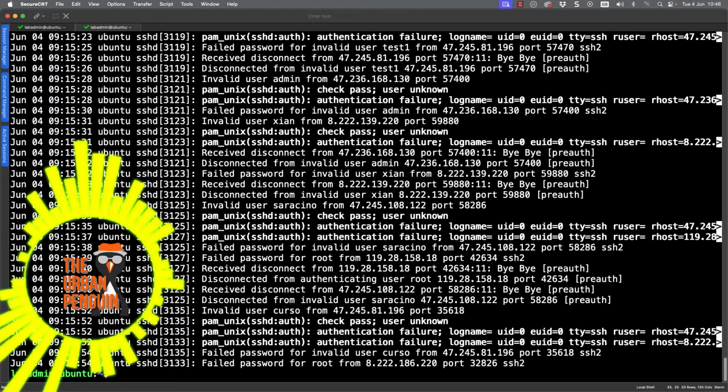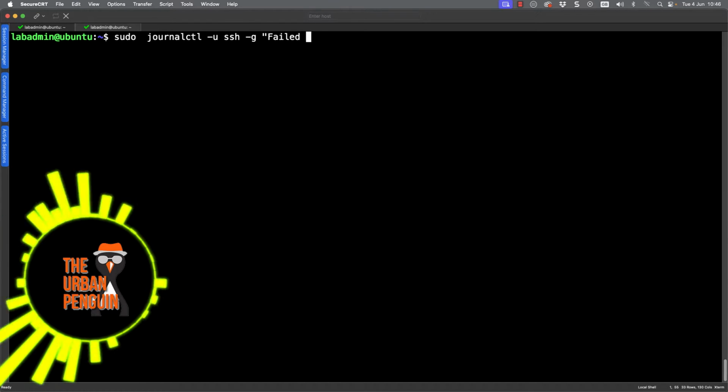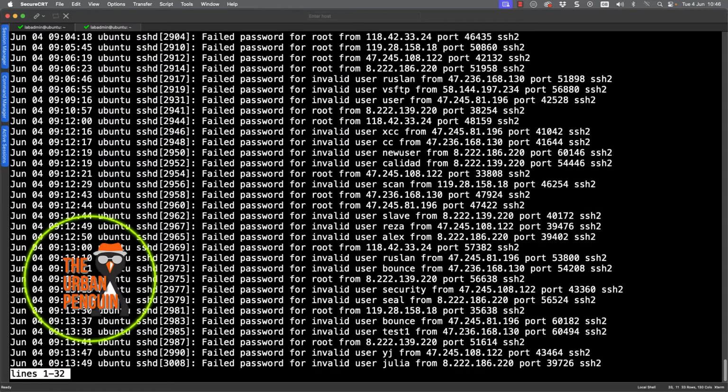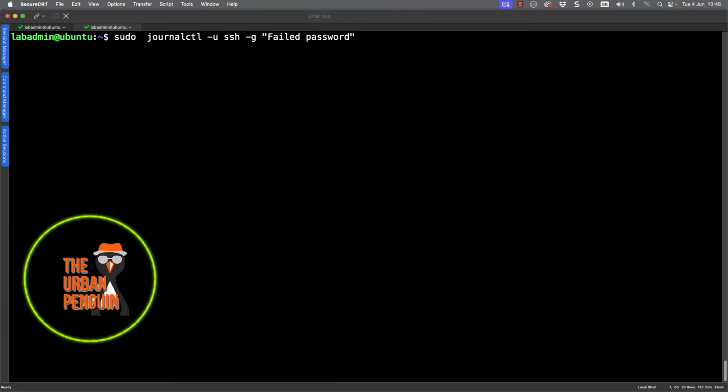But let's go through and drill down a little bit more to look at our failed login attempts. I can use -g to include grep within my filter, and then we can look for failed password. So this was the message that we were seeing predominantly in the output, and now we're only looking at the failed login attempts. There certainly seems to be a lot. How many? We'll pipe them to wc -l, and we can see that we've got 246.